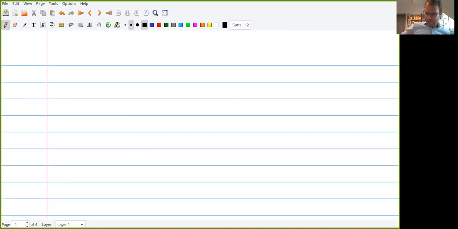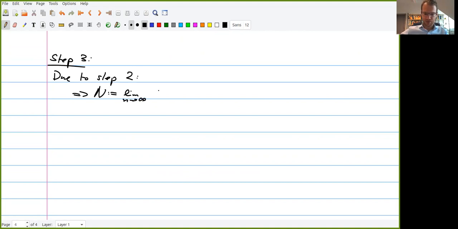All right. So we have convergence, and now we need to ensure the existence of the convergence. So step 3. So now we need to collect all the properties. Okay, due to step 2, we have that we can define the limit as n goes to infinity of Sn uniformly on 0t in L2. Okay. This means, well, there exists a subsequence,